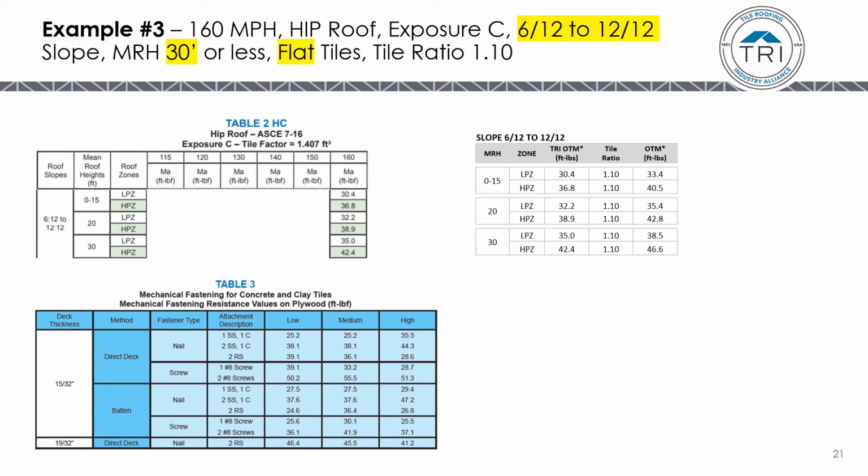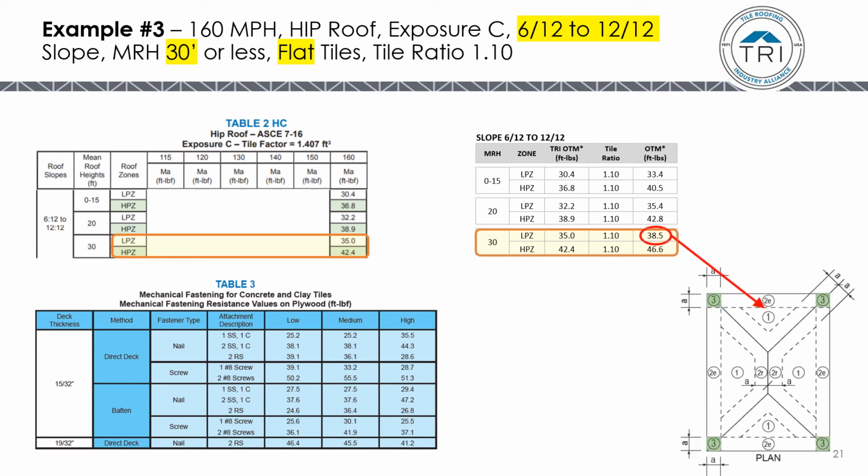Example 3, hip roof, exposure C on a steep roof, 6 on 12 to 12 on 12. Let's just look at the flat tile. If you look at table 2 HC, you'll see the LPZ and the HPZ are different. We still factor in the tile ratio and then look at the LPZ and see that for flat tile, those methods are the only methods available to mechanically fasten the tile in the LPZ. When you look at the HPZ, you'll find out that there's just one method, mechanical fastening, that you can use